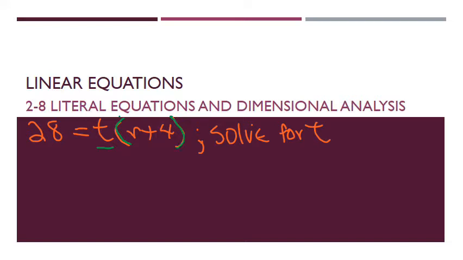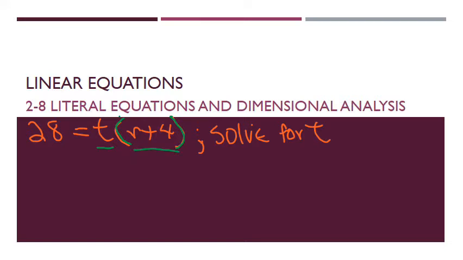And ordinarily, I might be thinking I would distribute this, t times r, well, that's tr, and t times 4 is 4t. But that doesn't really get me anywhere. Since this r plus 4 is in parentheses, and I need to isolate the t, I can simply divide both sides of this equation by what's inside these parentheses,